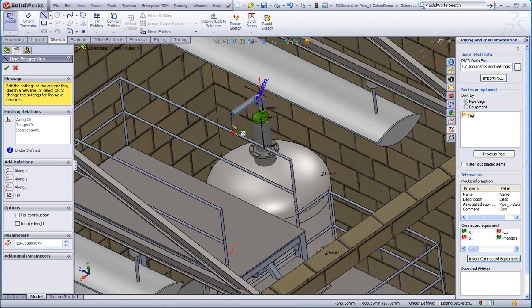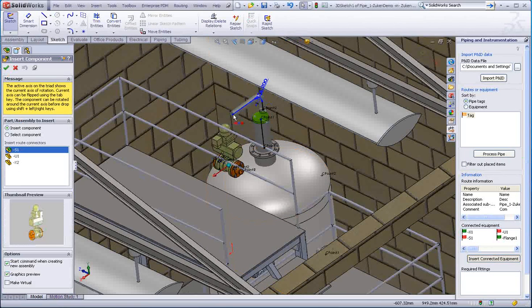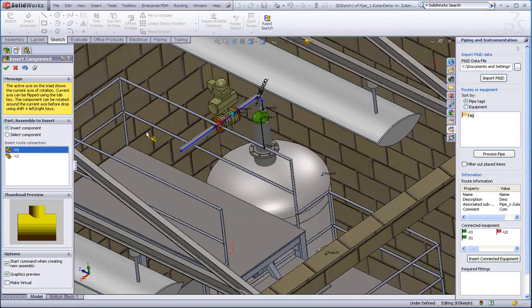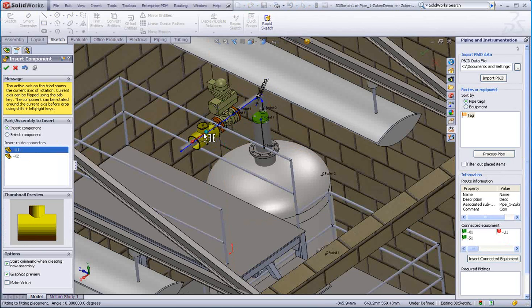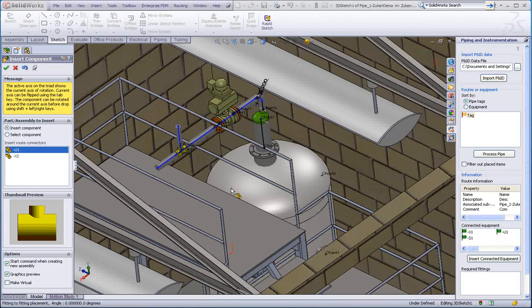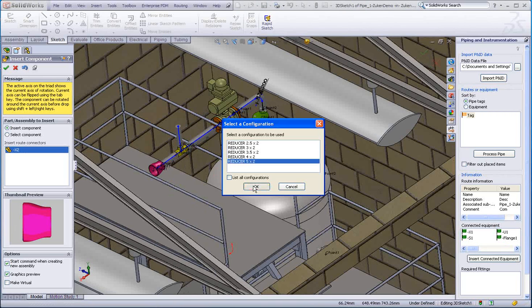Next we're going to go back to insert some more components, and this time we're going to take the valve, and again there's an insertion point on there, so it automatically snaps onto that in line with the route, and it adds another route point at the opposite end, and we're going to add a T connection onto there. So we're going to spur off this. One is going to go down to the tank, one's going to go down to the flange. So we'll take the offered configuration there, and for the final reducer we just rotate that using the tab key and pick the 5" to 2" there,